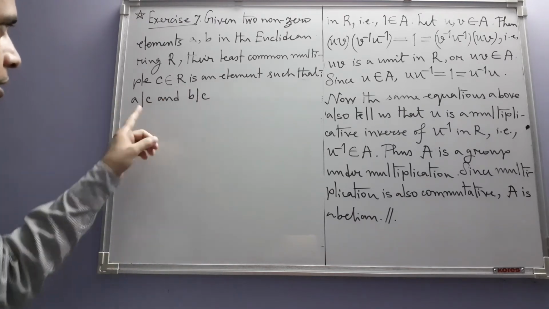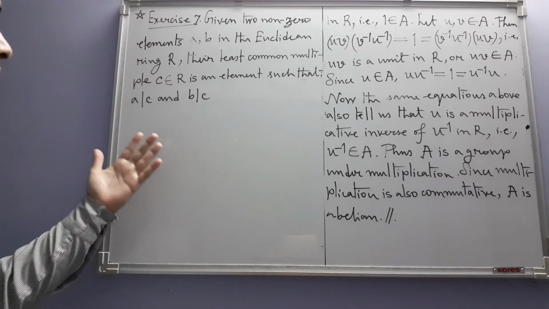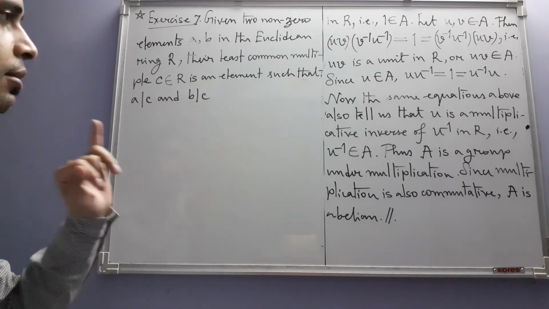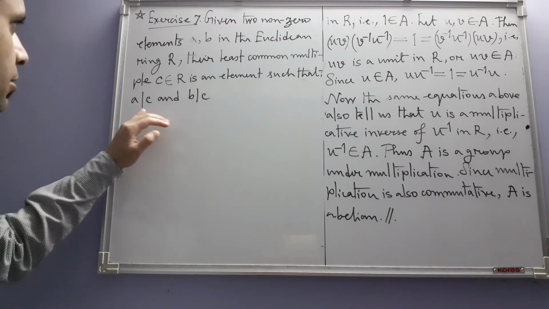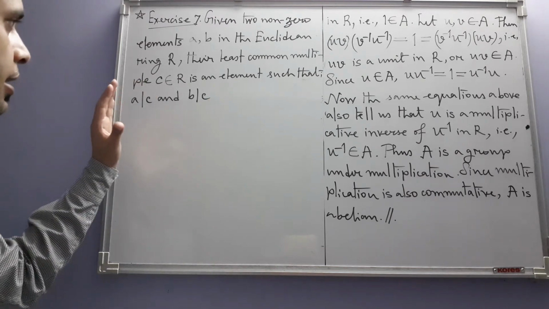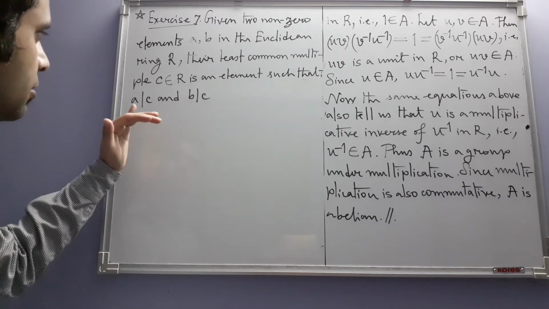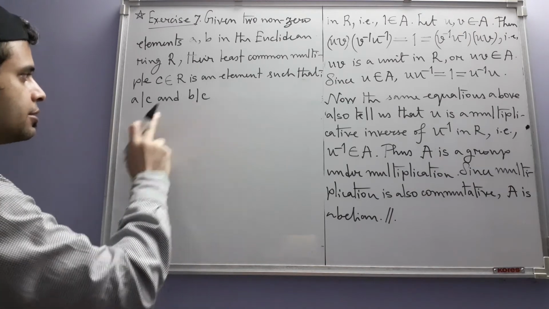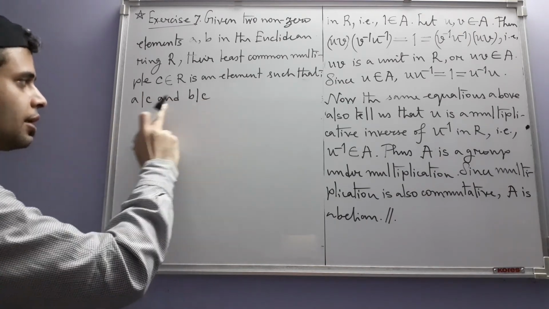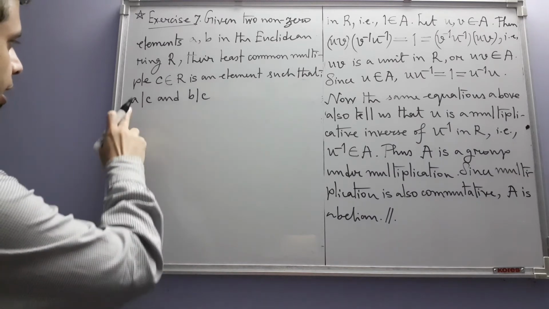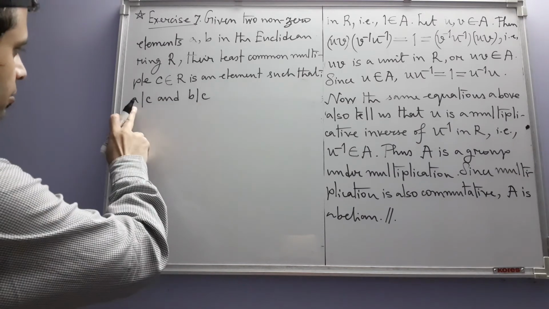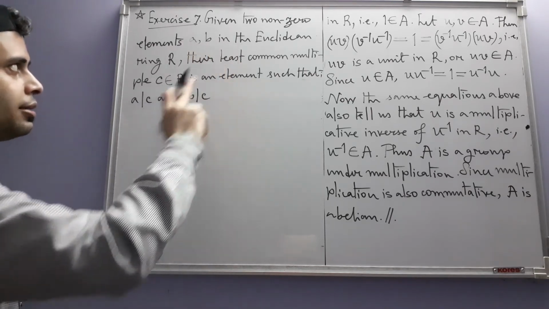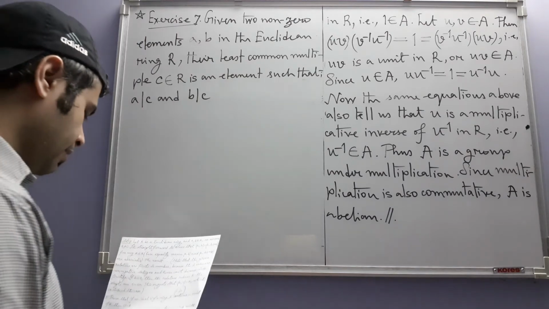So C is somewhat the opposite of what we have in GCD. LCM is a common multiple, just like GCD is an element for which A and B are multiples of that GCD. Here just the opposite thing is true. Here the element C itself is a multiple of both A and B. So A and B must divide C. For these two divisibility relations to be meaningful, we want both A and B to be non-zero,